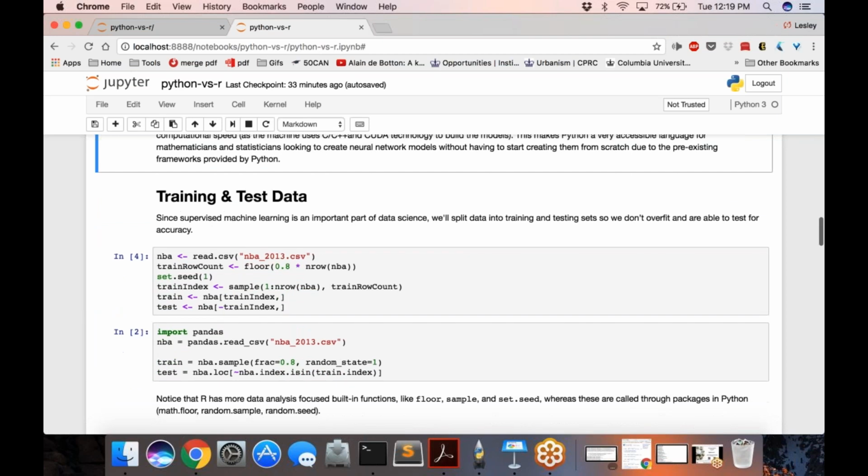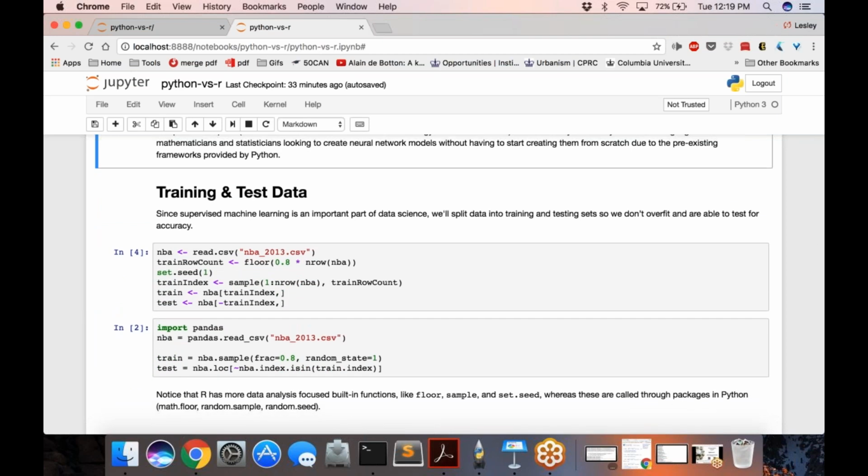So now that I've given you an overview of the two languages and how they fit into data science and what their similarities and differences are, we'll head into a little bit of code. Most of this tutorial won't be just you watching me code. We'll be walking through some code and seeing how it fits within data science and how each language